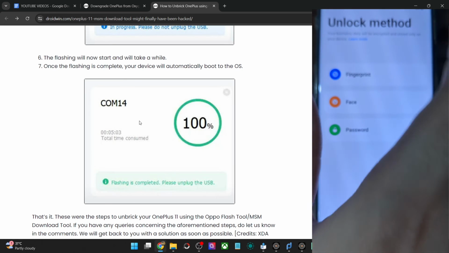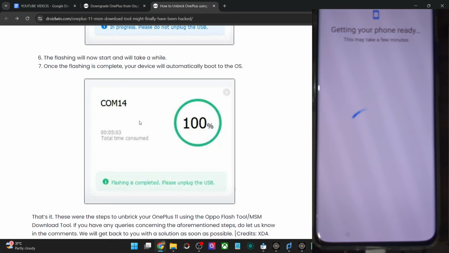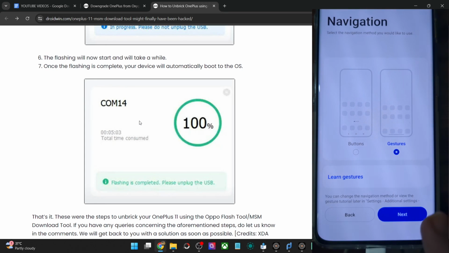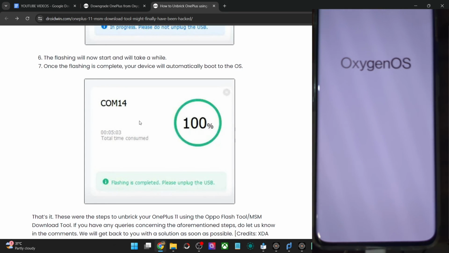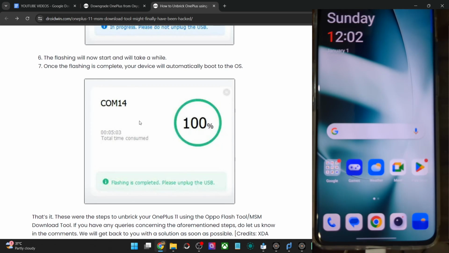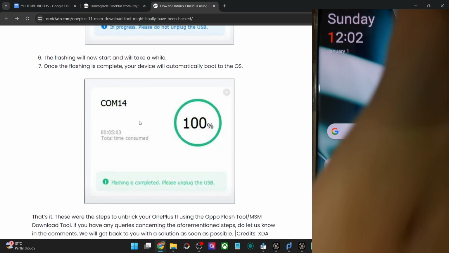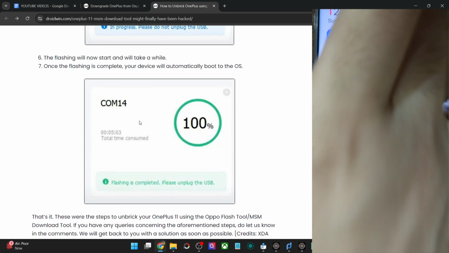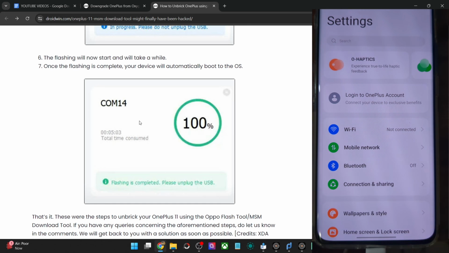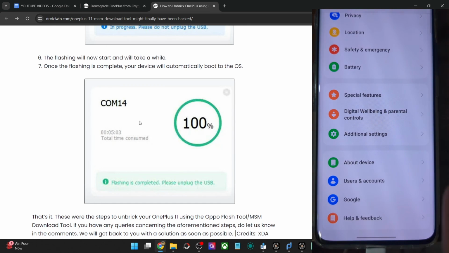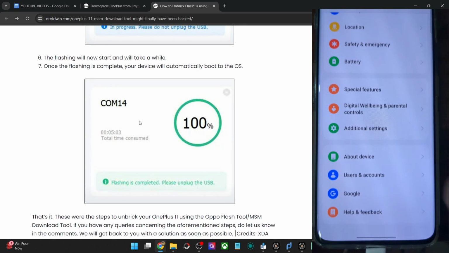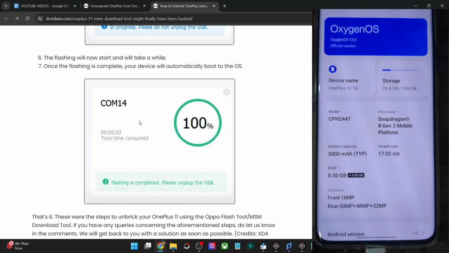So why exactly should you use this method as opposed to the other methods available? Because, well, first off, if your phone is currently in a soft brick or a boot loop state, then you might not have a fastboot ROM for many OnePlus phones. So in that case, you will have to take the help of the Oppo flash tool to get the job done. Moreover, beginning with OnePlus 11, we don't even have the MSM tool, so we will have to use this tool only. So in case you own a OnePlus 11 or higher phone, or a phone is currently in a soft brick, hard brick or a boot loop state, or if you simply want to do a downgrade via this tool, then in all these approaches, this will be your go-to choice.